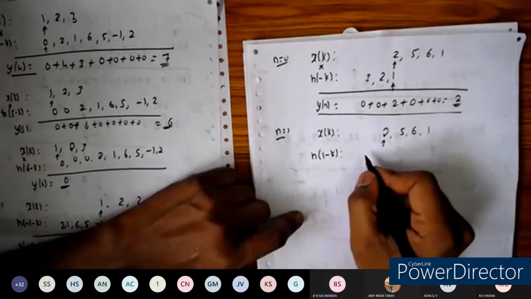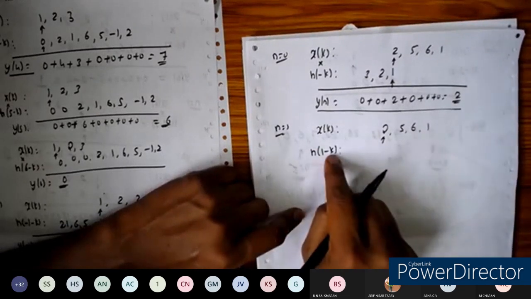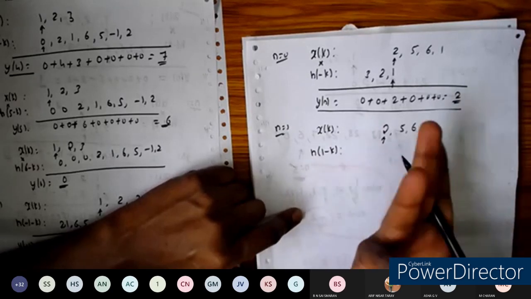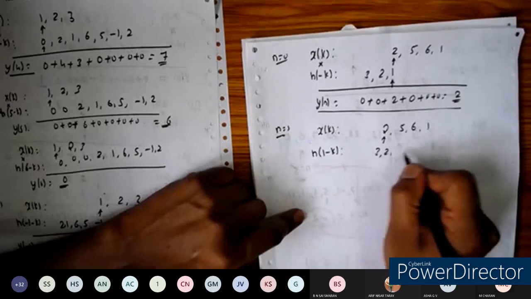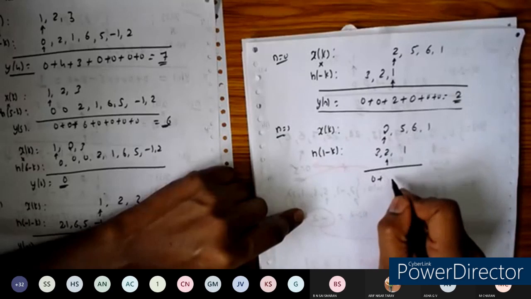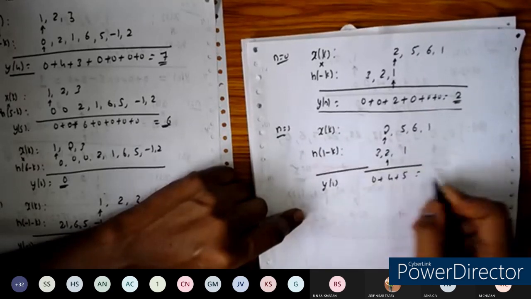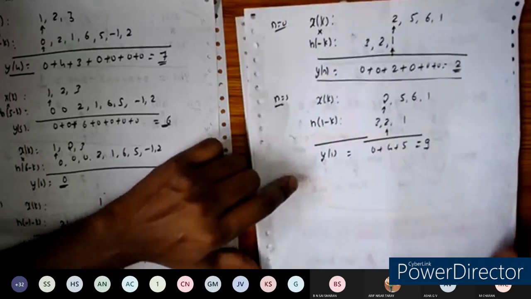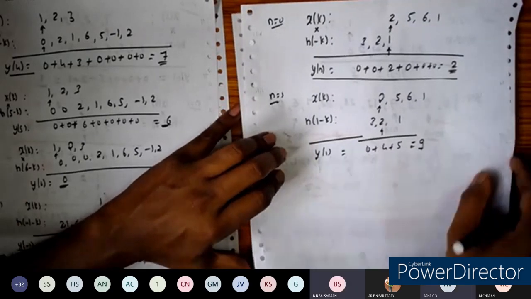Today you try to do this one. H of 1 minus k means the signal will be shifted towards the right side. You do the operation of time shifting first, h of minus k plus 1. Then take the reflection of the sequence, so that you check whether you get the sequence we are getting here. So it is 3, 2, 1. This will become the origin. So it is 0 plus 2 plus 4 plus 5. How much will you get? 9, right? Got the answer 9, everyone? Yes, sir. Good.